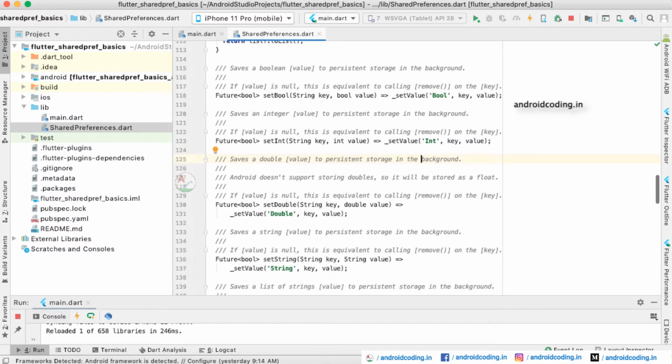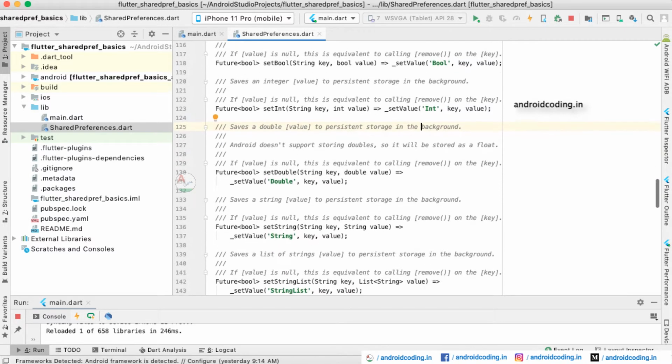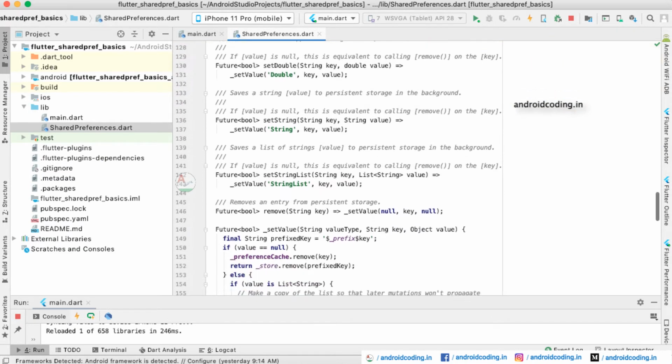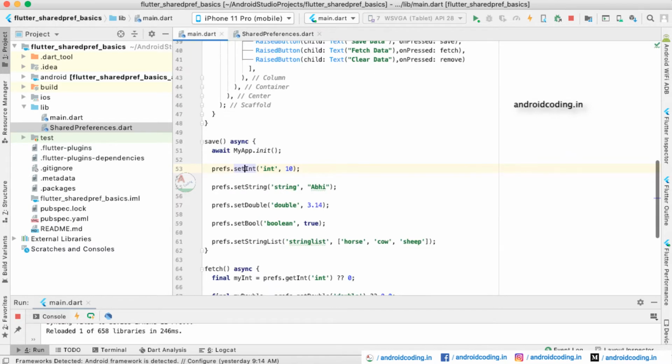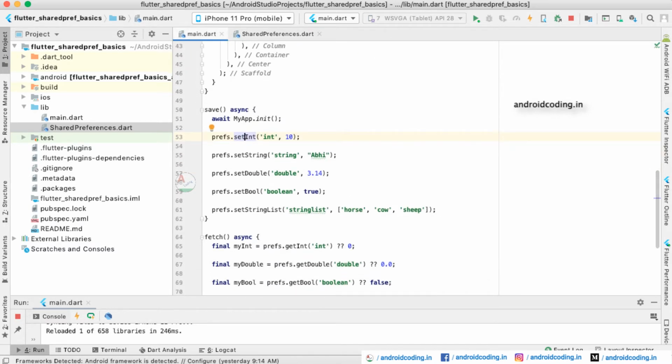For example, you can see setInt, setDouble, setStringList, and we will see them in our example also. The first way we are storing an integer, using setInt, and later setString, where we are storing a string value.